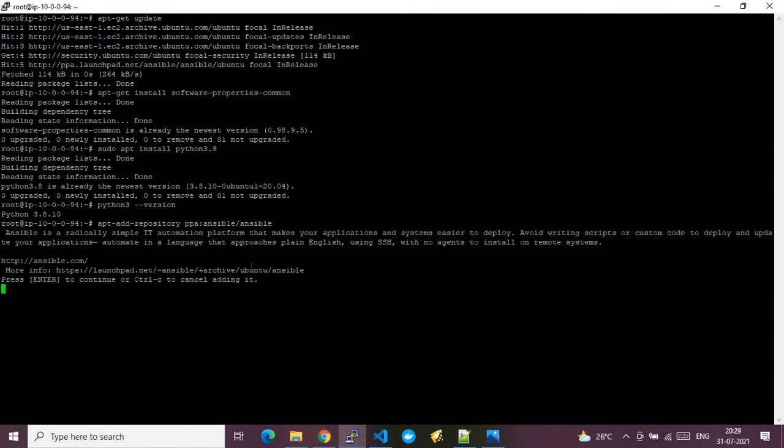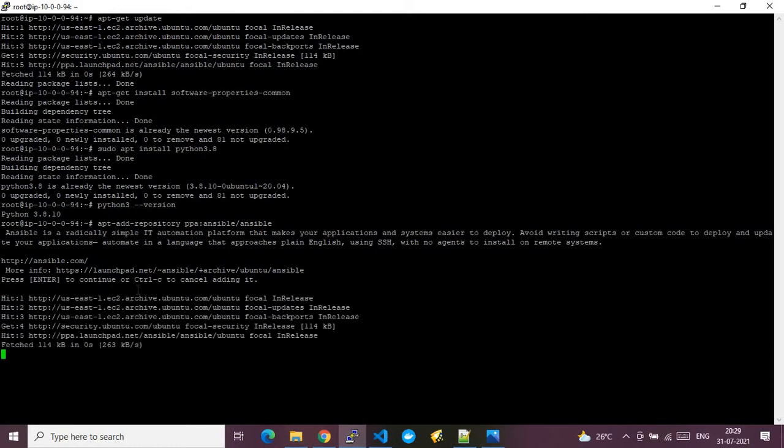Yeah, here you go. So what it is asking, right? This command asks for some confirmation. If you see it, press enter to continue or control C to cancel. Because we want to continue, I'm just pressing enter. As of now, it is doing the repository setup, which is needed for us to install the Ansible tool. Here you go. The prerequisite repository pointing is already done. Why do we need to run this task? Because the Ubuntu server, from the backend, will point to the repository where the Ansible source code is available. That is a layman's way to understand what this command does.